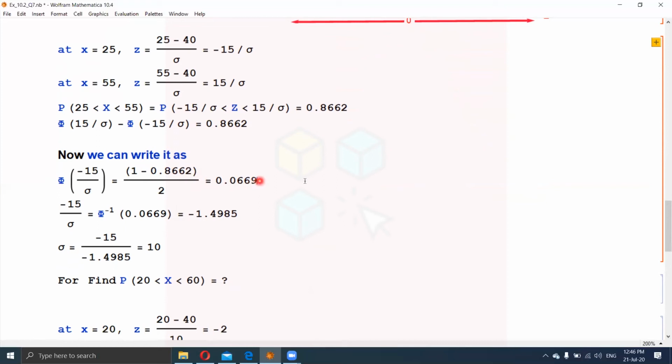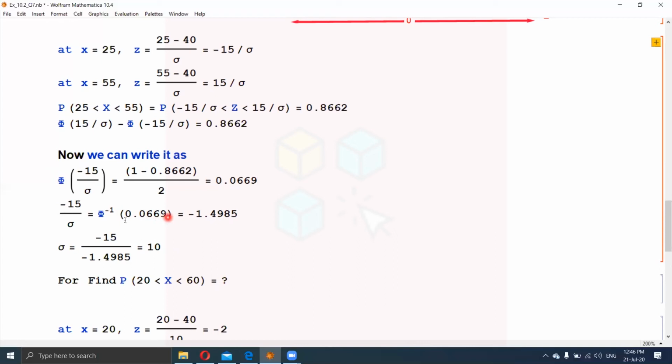We can write it as 0.067. So sigma is obtained by taking the inverse phi of minus 15 by sigma. So phi would come to the right-hand side, and it would be written as phi inverse of